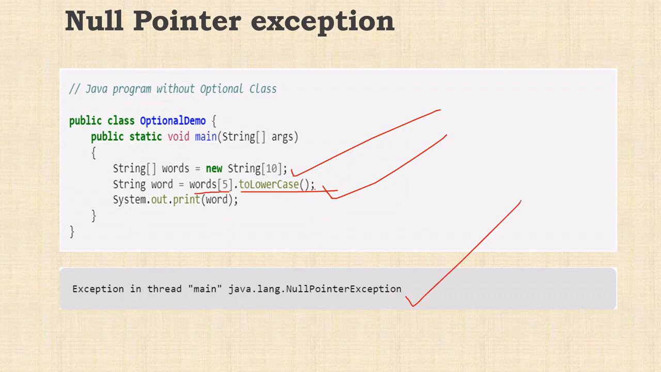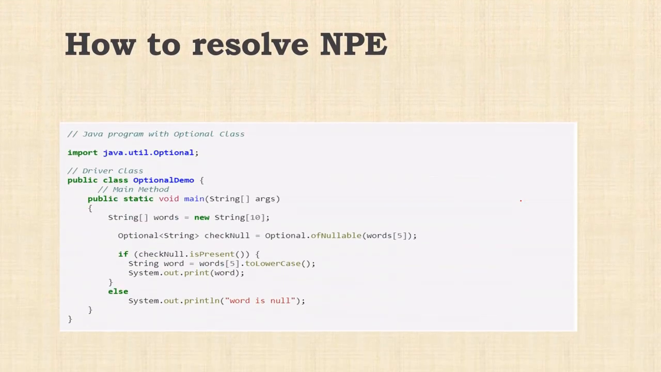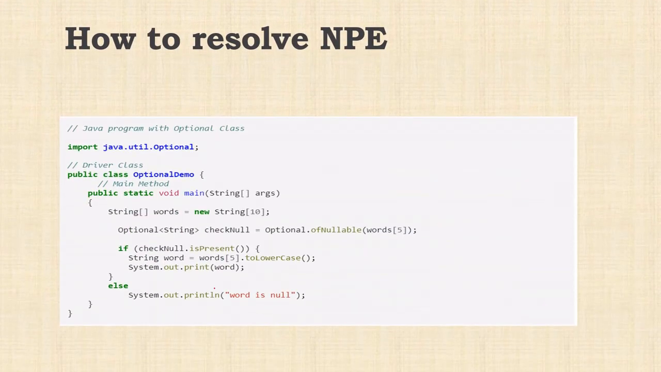So how can we avoid it? In a normal scenario you can do a null check: if it is not null, then do your operation. But from Java 8 onward, we can do it like this. There is a possibility to get null in words, which is an array of strings. So you can use ofNullable. There is of and ofNullable. If you think you may get null, then you can use the ofNullable